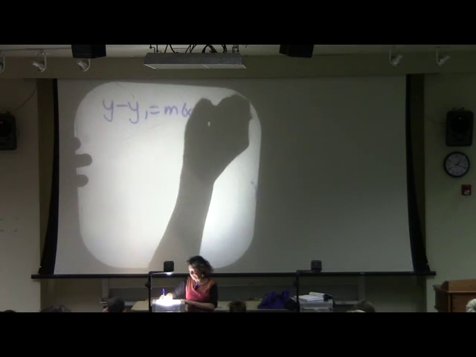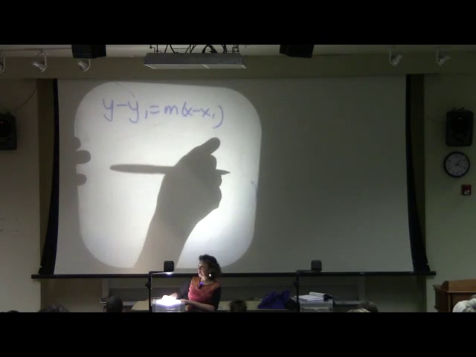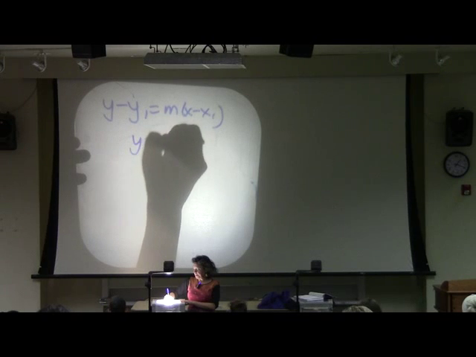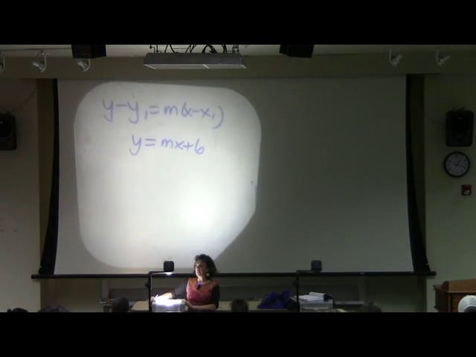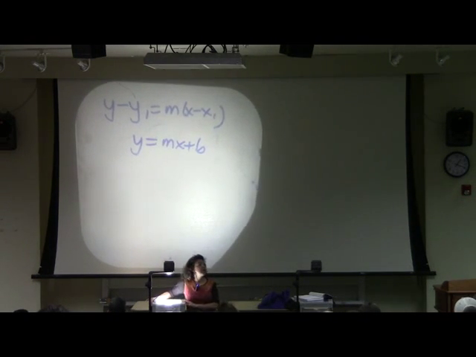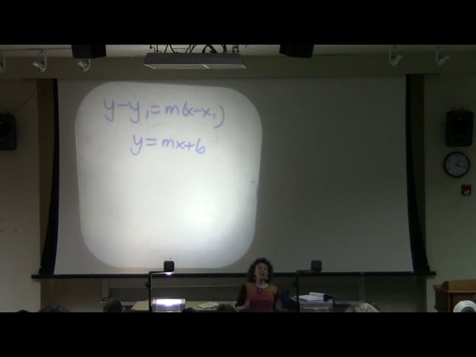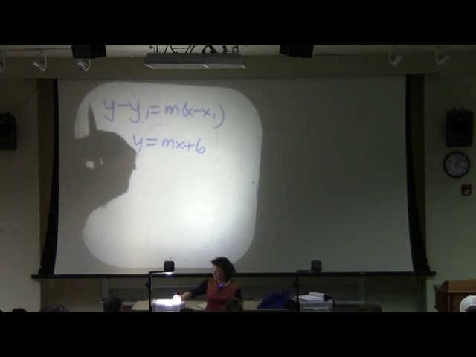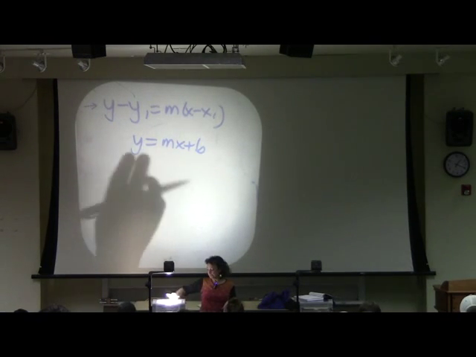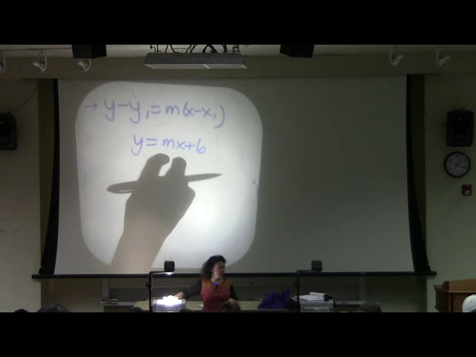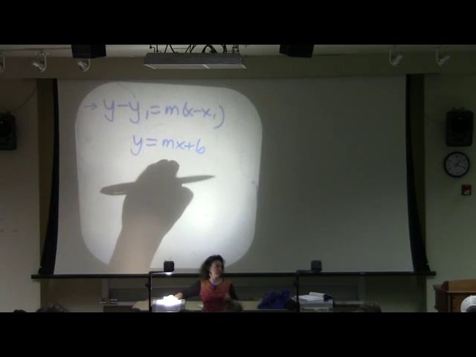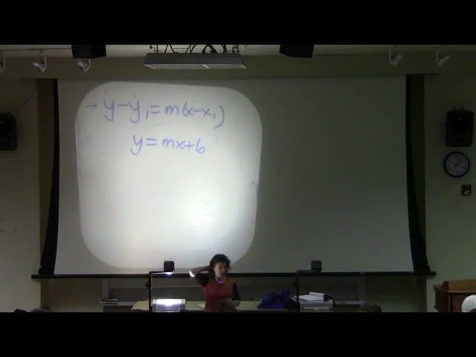Ways of doing it. We have our point slope formula, and some people like to do it as just y equals mx plus b. Again, I do not tell you which way to find the equation of a line. You got to do whatever jives best in your brain. I certainly have my preference to be this, but I understand that a lot of people learned it this way, and therefore this is what you like to stick to.